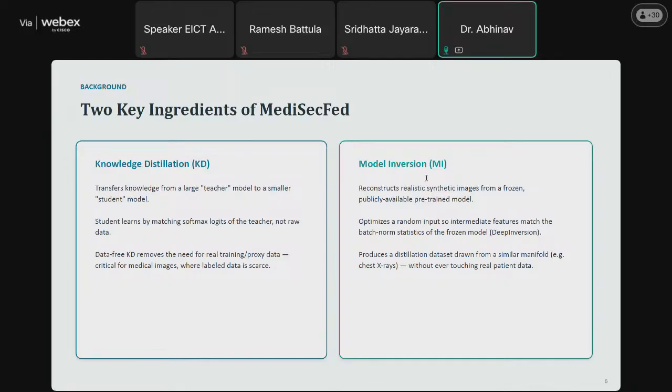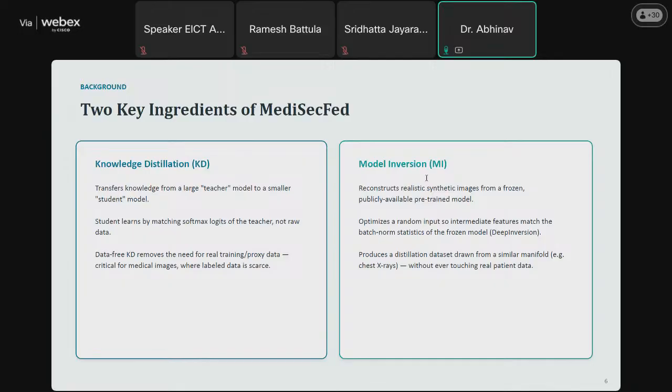So now the next question in your mind may arise: why combine knowledge distillation and model inversion? So let us understand why these two techniques are combined. So model inversion provides the synthetic data set. Knowledge distillation uses this synthetic data set to transfer knowledge among hospitals. So as a result, hospitals never exchange patient data.